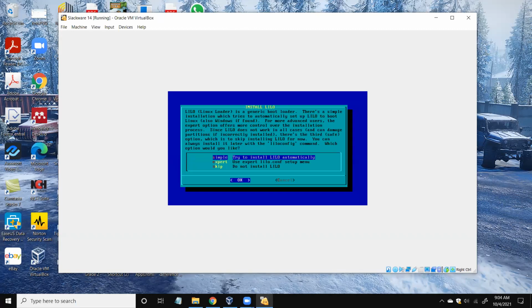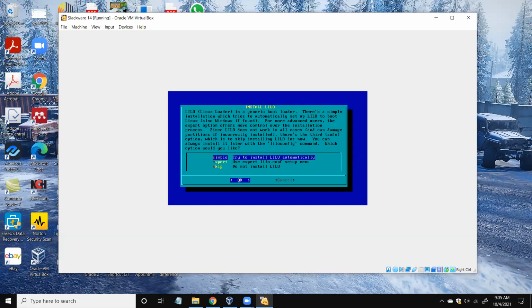Then installing the Lilo. Lilo means Linux Loader. In chapter 1, we discussed the bootstrap program. What does the bootstrap program do? It will initiate and check all the devices, whether they are connected and working properly. Linux also has this bootstrap program, or bootloader. This is called Lilo, the Linux loader.